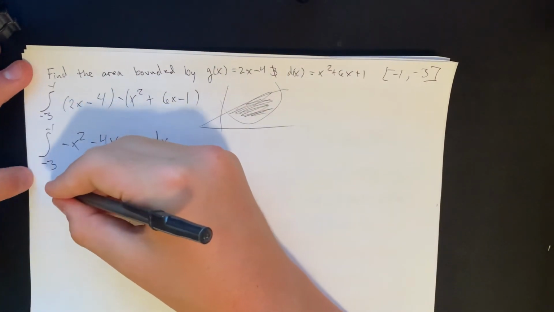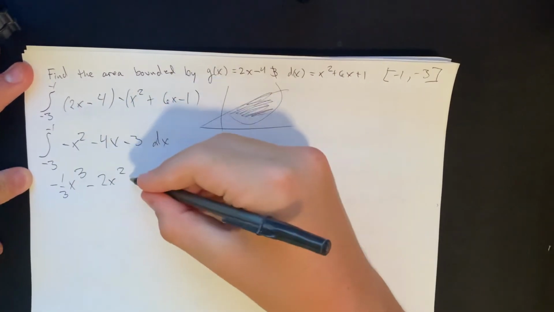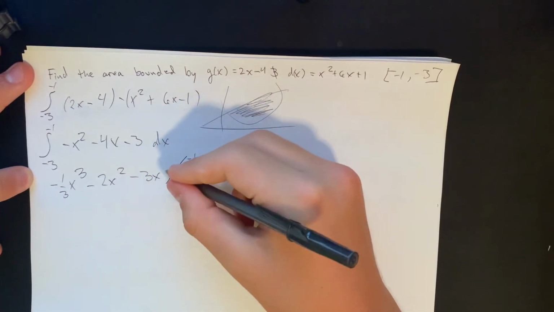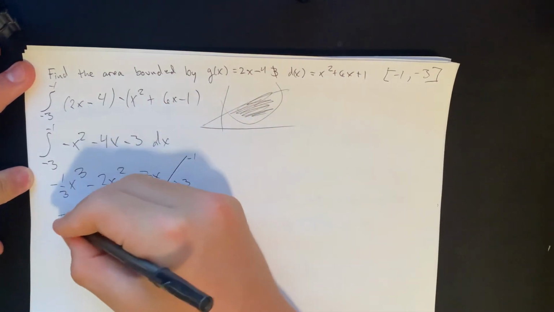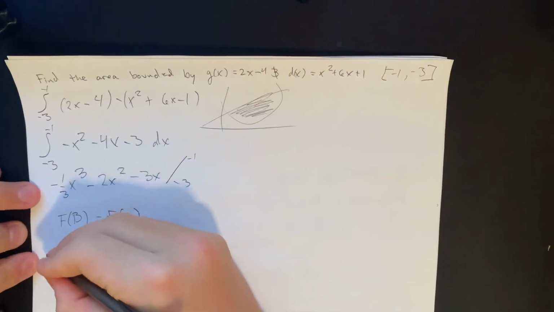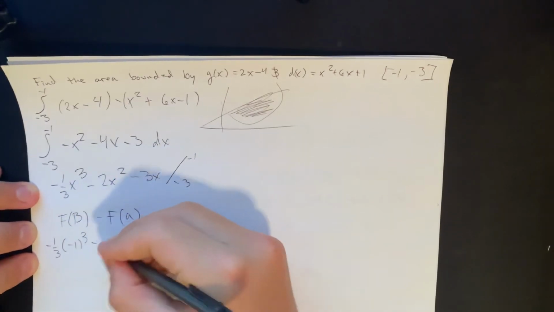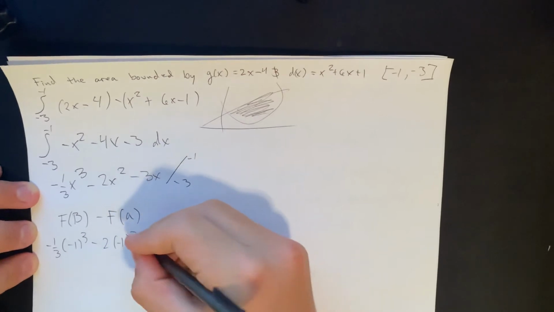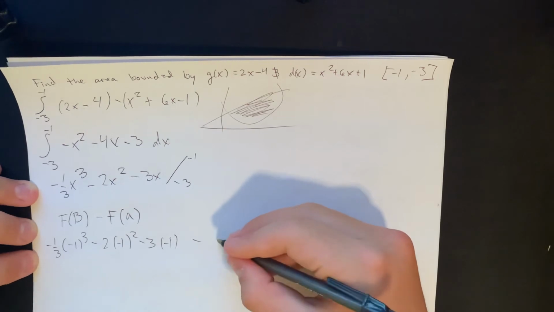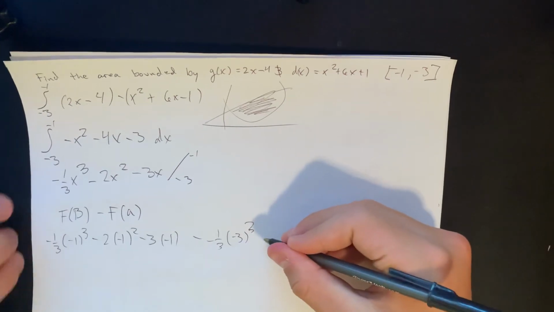So this will come out to be 1/3 x cubed minus 2x squared minus 3x from -1 to -3, and that's where we're going to find the c value. So that'll be f of b minus f of a, and then we use this equation, plug in those numbers: 1/3 times -1 cubed minus 2 times -1 squared minus 3 times -1, minus 1/3 times -3 cubed, minus,